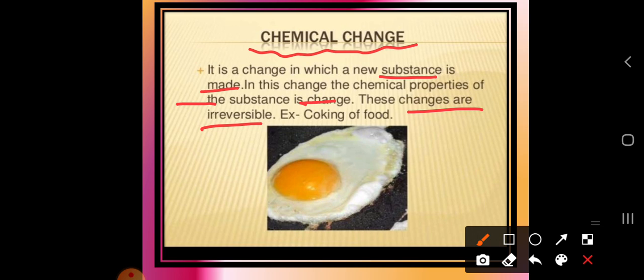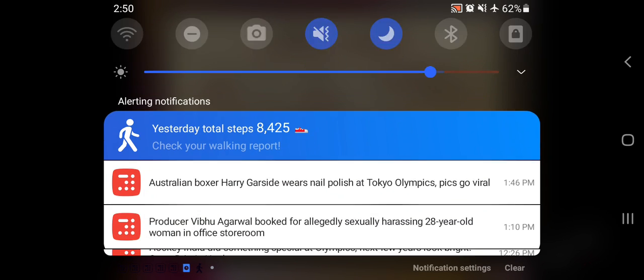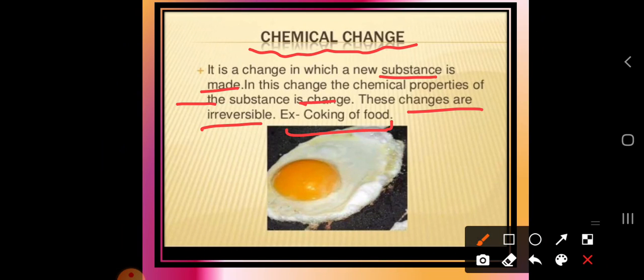So, this is one of the chemical changes, where we get a new compound or a new substance. It is possible by the help of chemical change because it is an irreversible process. The best example to understand the chemical change is the cooking of food, where we can change the states also. So, this is the chemical change where new substances are formed.